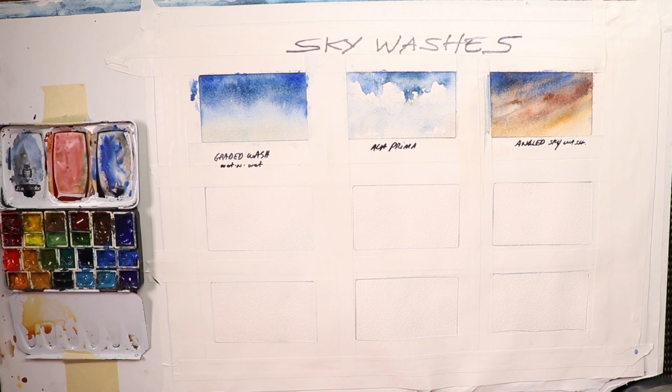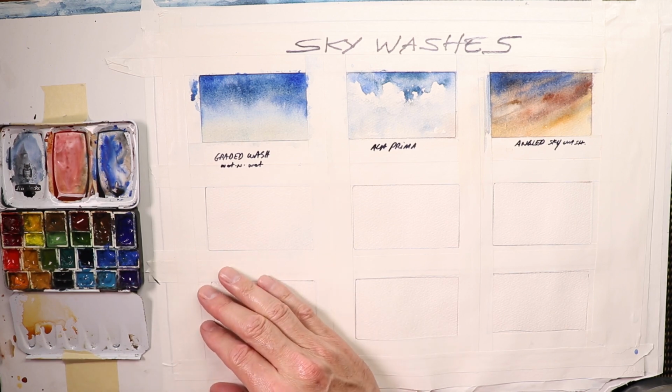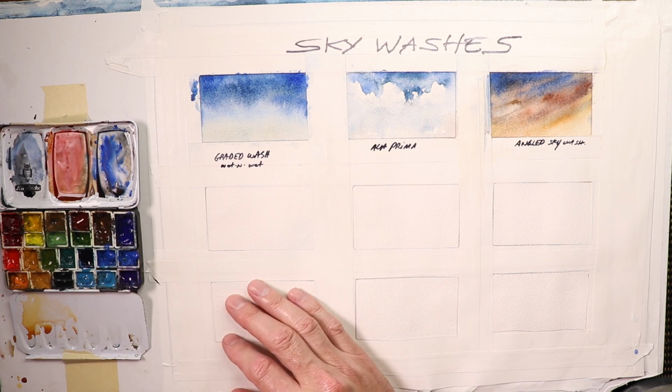Thanks again for sticking in here and doing the sky washes along with us here, and we're having a fun time, a great time. These are the kind of great exercises and compositions you can do with your watercolors, where it's low stress and more fun because you're just trying out new ideas. Does this make sense? When you do some fun exercises, you're going to incorporate that into your painting and your practice time. Because if you're trying to do serious paintings every time, I used to do that years ago. I tried to create masterpiece paintings every time I got my paper, my pencil, and watercolor paints and brushes, and it just turned out like I lost